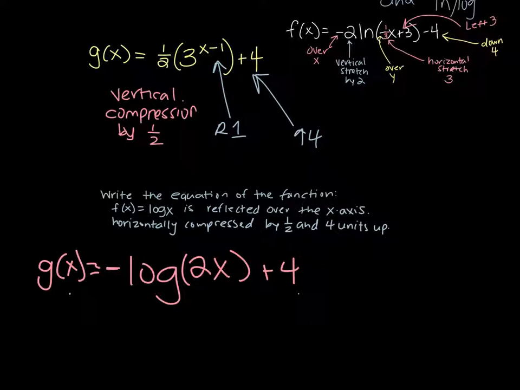Over the x is out front, over the y would be inside the parentheses. A vertical stretch or compression is in the front and you keep the number. The horizontal is inside and you flip the number. Horizontal shift is inside the parentheses or inside the exponent for exponential, and then a shift up or down is after it. Positive goes up, negative goes down. Everybody good? Questions? You're feeling comfortable? Yes? Okay. So I'm going to give you like the